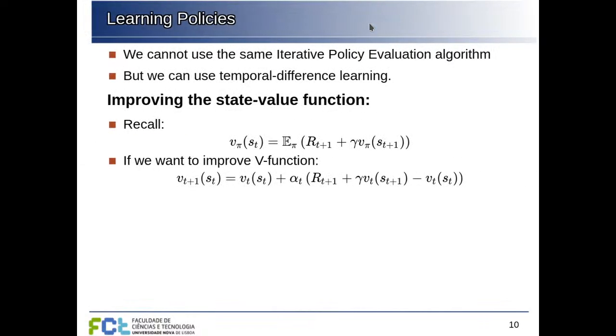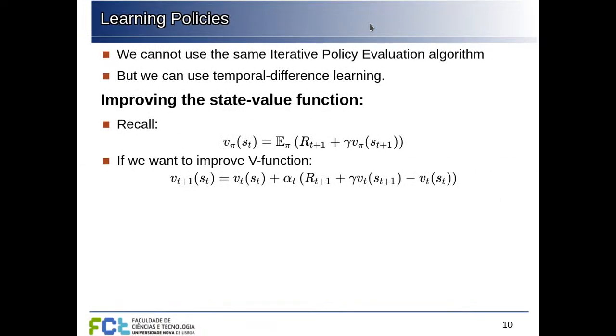Okay, so now let's see how we can learn policies in deep reinforcement learning. We cannot use the same iterative policy evaluation approach that we saw in the previous lecture, because that uses the policy to compute the state value function, the V, and then uses the V to compute the Q function, the action value function, so that we can improve the policy. That only works if we know the complete Markov decision process. We have all the states, all the probabilities of transitions, the rewards, everything. We don't have that in realistic cases, but we can still take advantage of this